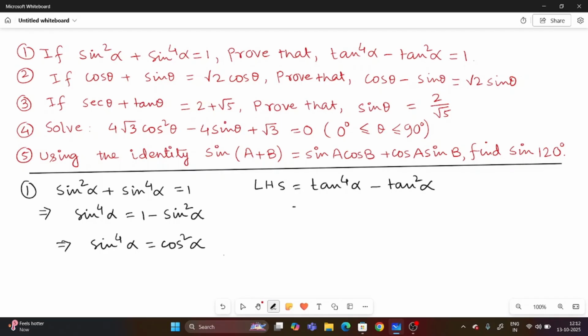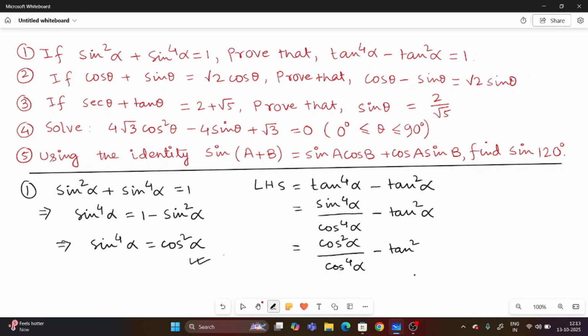So tan to the power 4 alpha can be written as sin to the power 4 alpha divided by cos to the power 4 alpha, minus tan square alpha. Now we have already got the value of sin to the power 4 alpha as cos square alpha. Substitute that value. So the next step is cos square alpha divided by cos to the power 4 alpha